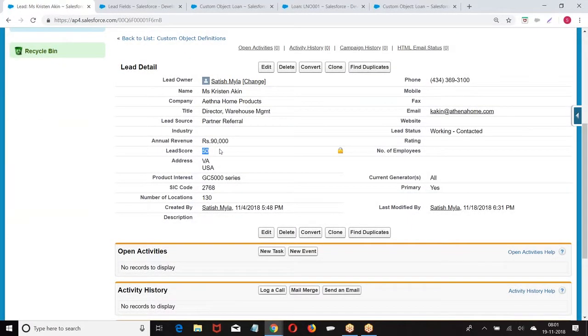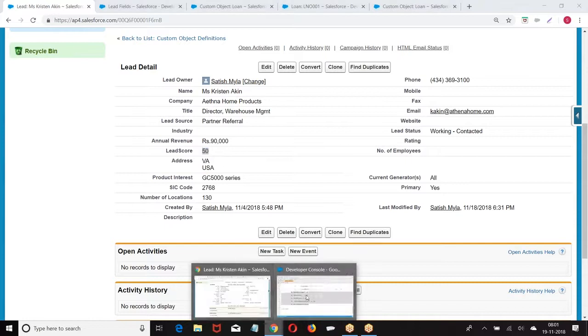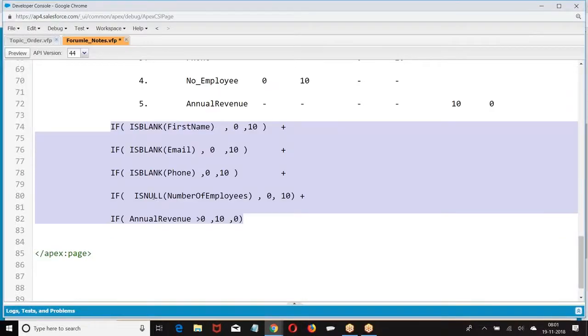Right? Based on the score, I'll give some rating. 5-star rating, 4-star rating, 3-star rating I'll give you. Did you get this concept? That here they have taken number of employees as 0. Default value they have taken as 0, not taken as a blank. That's the reason I have not got the right value. Okay. Then if it is the case, what are we supposed to do? Here also I have to remove is null, then I have to apply. Because I want to use is blank and null, I just apply it.